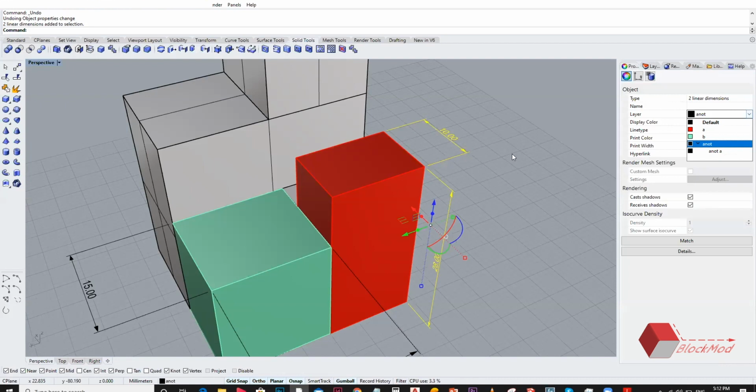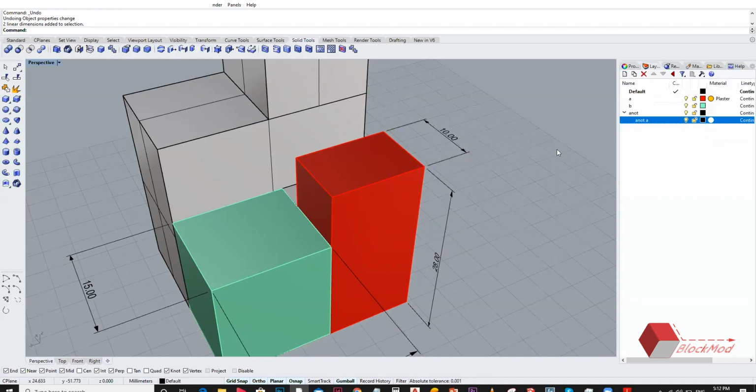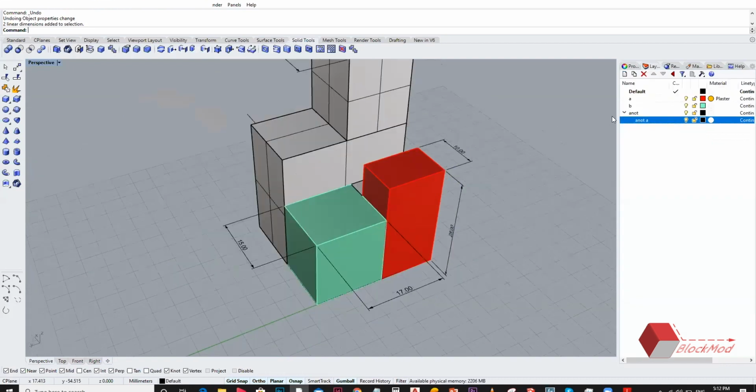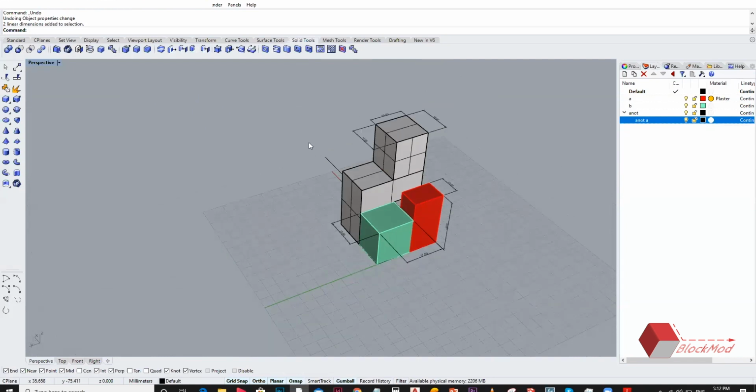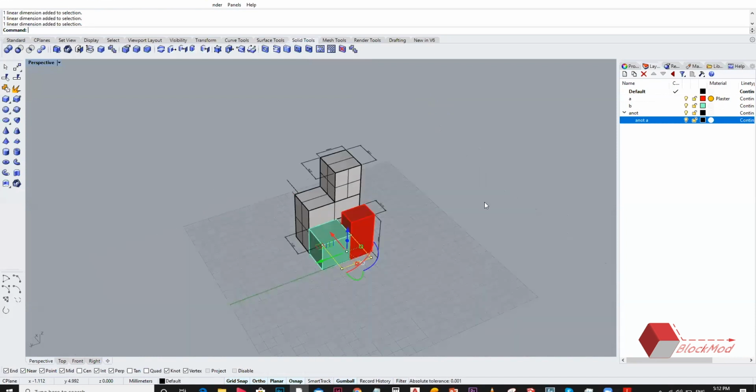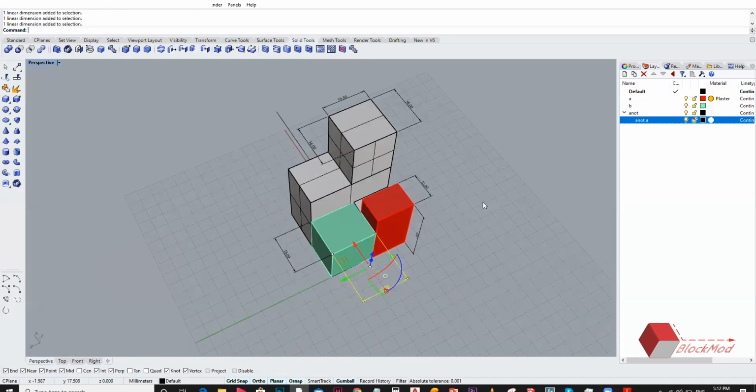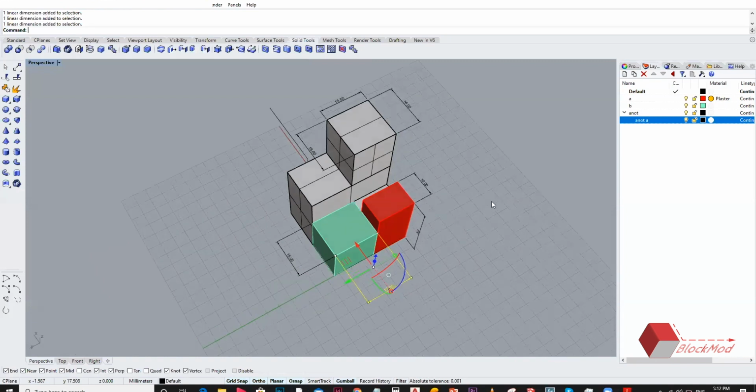Even this has a drawback for sure. My layer gets separated, but at the same time I need to remove all these dimensions and keep them separately as well. I'll just, one second.